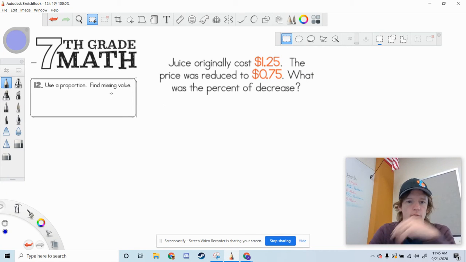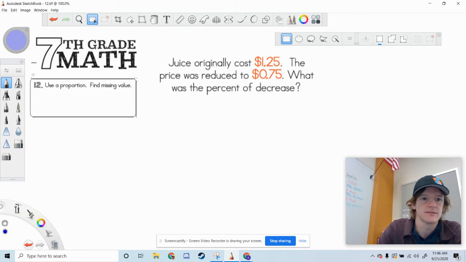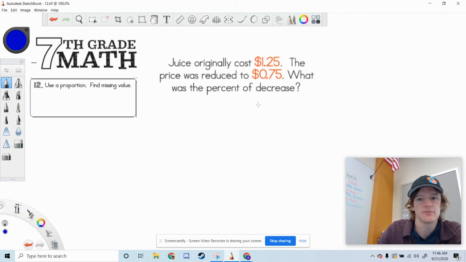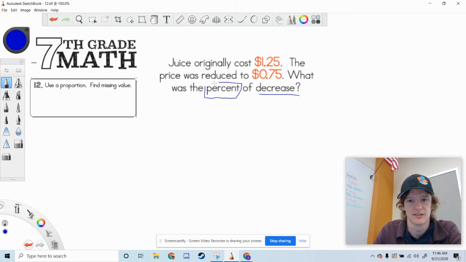Number 12, use a proportion, find the missing value. Juice originally cost $1.25. The price was reduced to 75 cents. What was the percent of decrease? So this problem, we need to find out how much did it decrease by. And then that needs to be a percentage